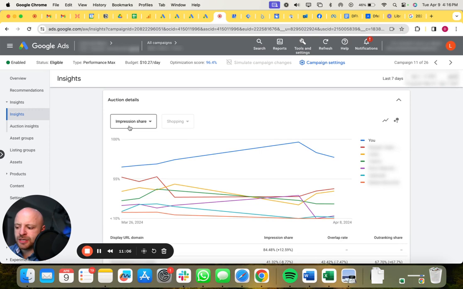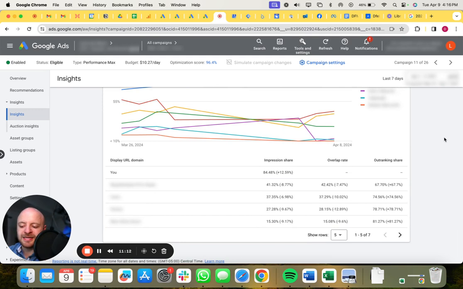I can choose different metrics to look at here. The first one I usually go at is impression share, and then I can see how much of the pie in our area we are showing up for. And for this specific instance, we're actually well saturated, almost 85%, 84.5% impression share, and we're quite a bit higher than the rest of our competition. I can also see things like the overlap rate, like how much out of each search do we actually show with another ad, and we can see the outranking share. How often do we outrank them? So this is our first competitor. We outrank them 67% of the time, or almost 68% of the time,